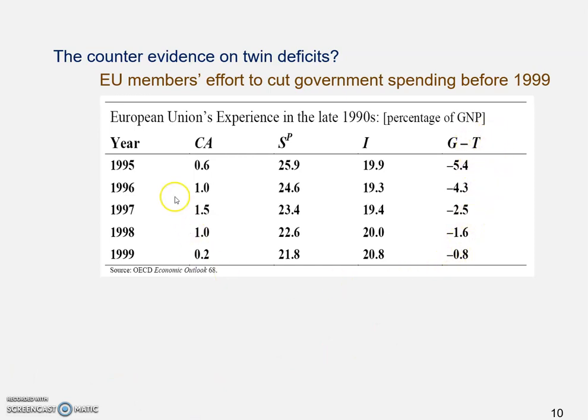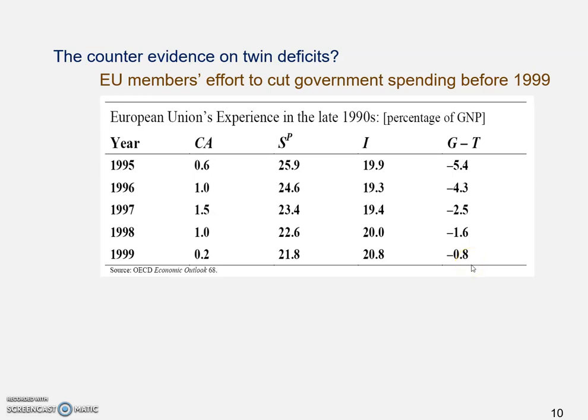Now here we're showing you from 1995 to 1999, these 5 years. Let's look at the very last column, G minus T. So that's the government budget deficit, right? As you can see, the minus just means it's a deficit. I guess here they probably should say T minus G, because it's minus. Yeah, it should be T minus G. I'm sorry about that. And you do find that the budget deficit decreased a lot because, again, these member economies were required to do so. So they did it. They lowered their budget deficit significantly.